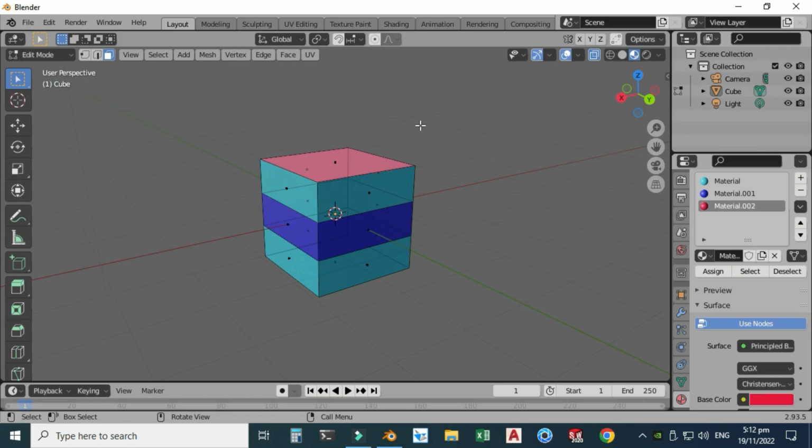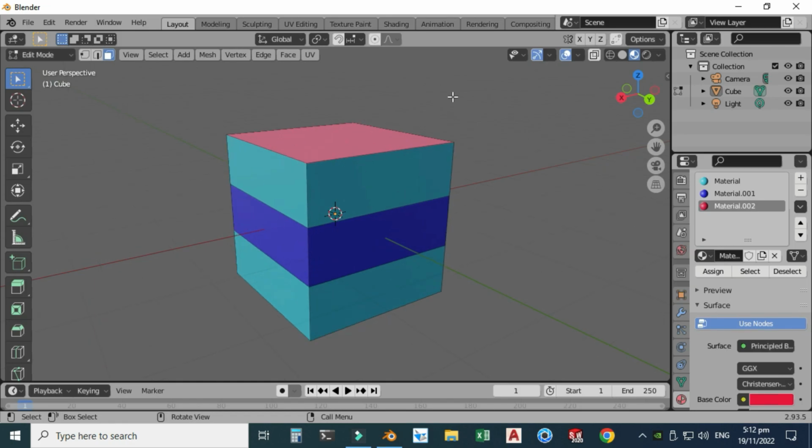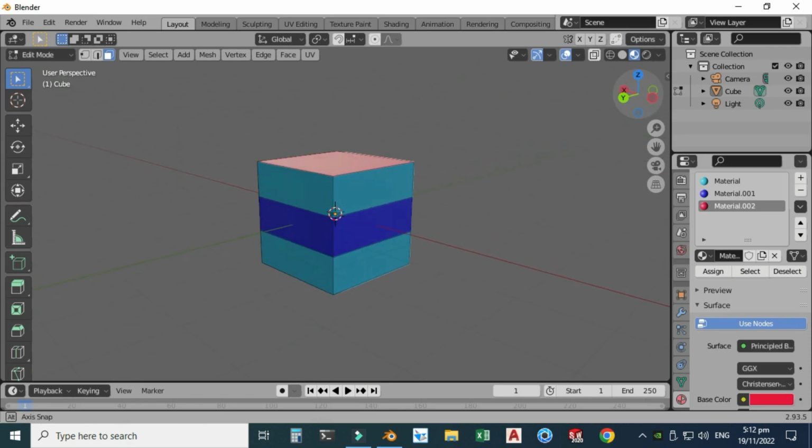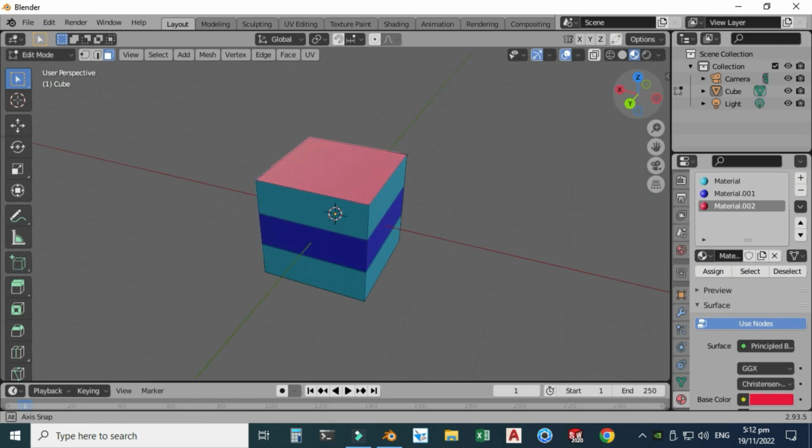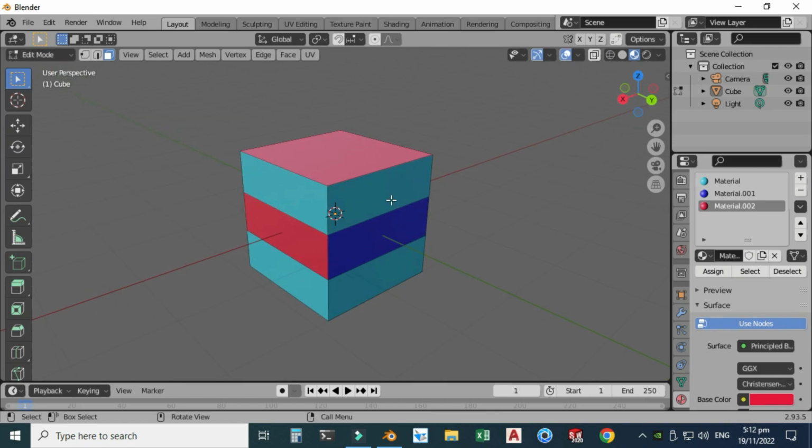So I will press Alt Z, and now wireframe mode is off. Lastly, I will show you I can reuse material as well. So let's say I want to apply red color onto this face. Okay, so first I need to select this face, and I will go to this one, and I will assign, and now you can see that this red color is also applied onto this face. So that concludes this exercise, and I hope you like it.